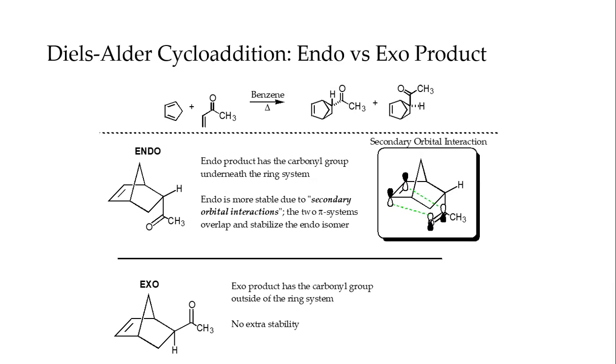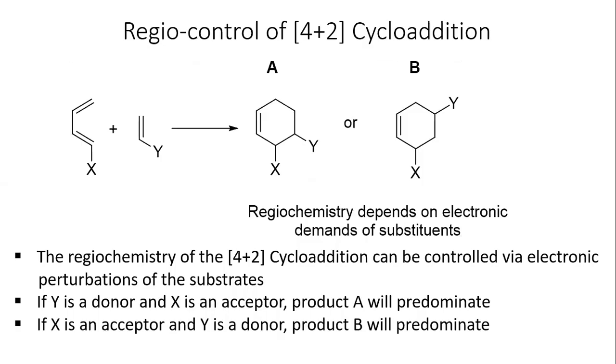You have the stereospecificity aspect to think about, and then the endo-exo aspect, right? So there's also, when you think about the regiochemistry, right? Interest kind of grew in being able to control the regiochemistry,